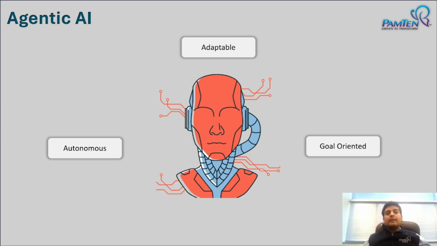So overall, consider agentic AI to be a self-learning AI system where it continuously monitors the environment, it learns from the environment, and the idea is to solve the problem, not just give you the solution for the one command which you had asked. So, folks, this is all about agentic AI.